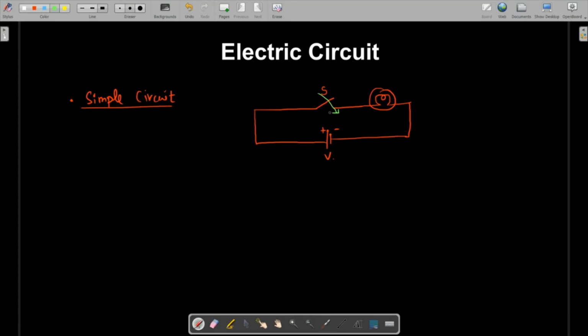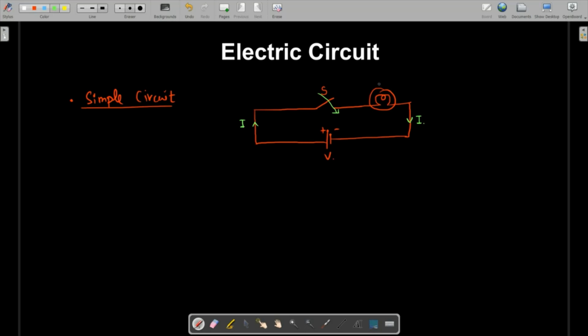So whenever the switch S is closed, it enables the current to flow in this particular circuit. And current always flows from the positive voltage side. It starts from the positive side and it terminates on the negative side. So this is how the current flows. That's why I've shown the current in this particular direction, and over here it is coming down. So this is how a simple circuit looks like,